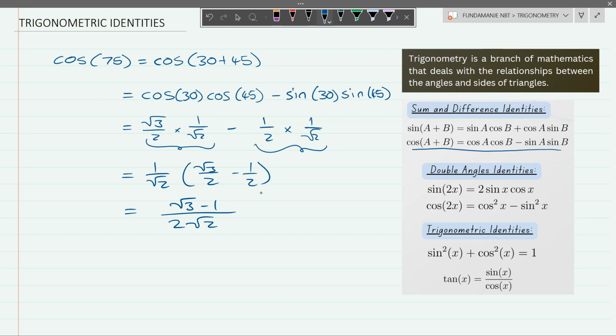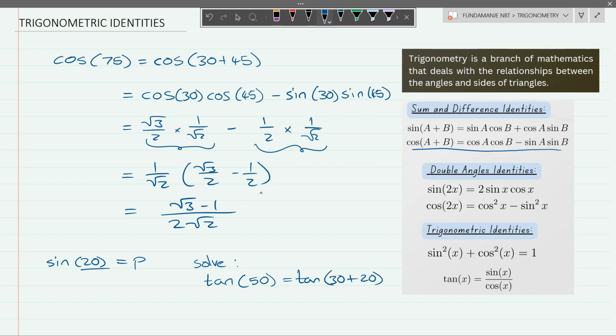For example, given that sine 20 is equal to P, solve for tan of, let's say, 50. Then you have to recognize that, okay, I cannot combine any of the special angles to give me 50. Therefore, I need to combine a special angle, which is 30, plus the one that I'm actually given, which is